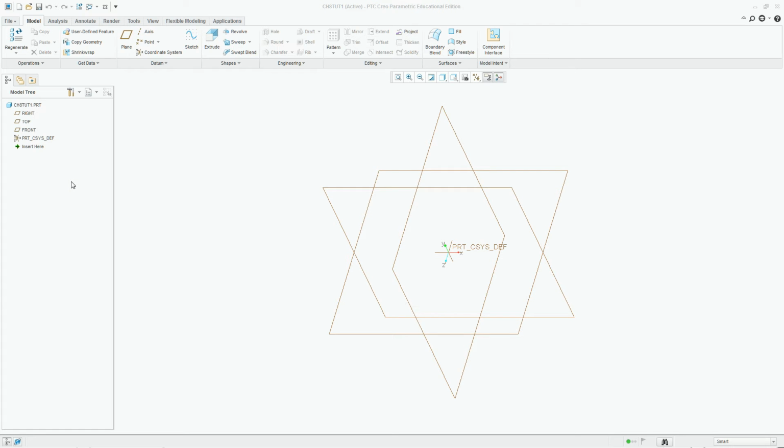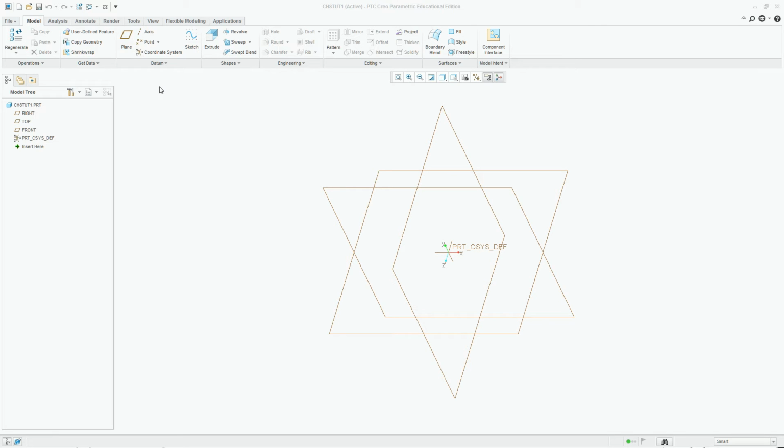For tutorial 1 in chapter 8, we're going to be focusing on the sweep command, and we're going to be looking at some of the more advanced features of the hole command. Now, the way that we approach this is we have to first identify that there is a sweep in this particular object. So the first thing that I'm going to do is sketch the trajectory